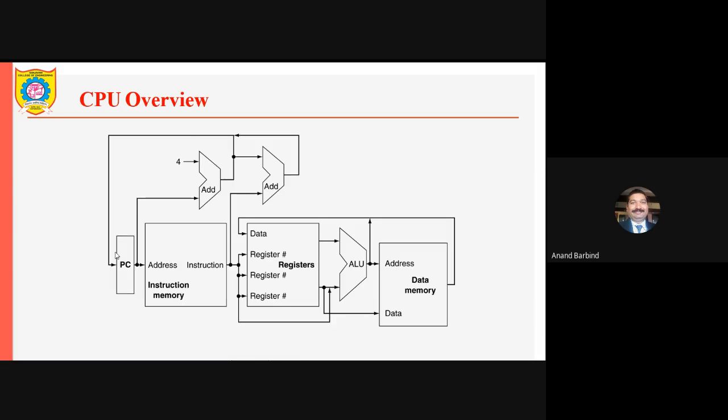That depends on the type of instruction. If it is a simple instruction, a non-branch instruction, then always the output of the first adder is given to the PC. But if it is a branching instruction, then the output of the second adder is given to the PC. In a similar fashion, as you understood that there is a multiplexer here, you can see that there are many places where there will be a multiplexer.